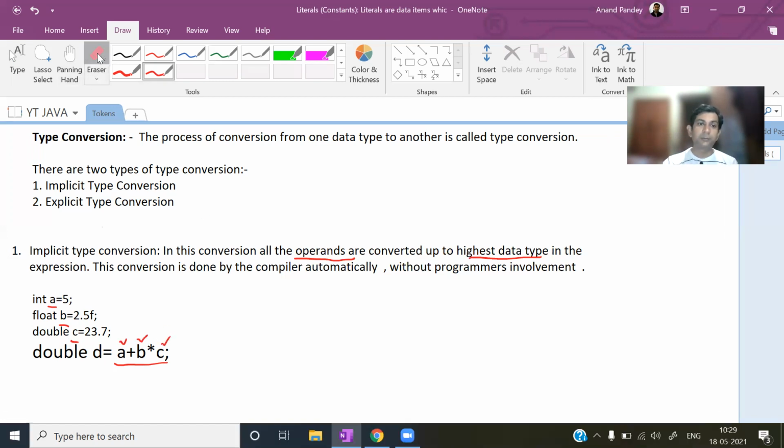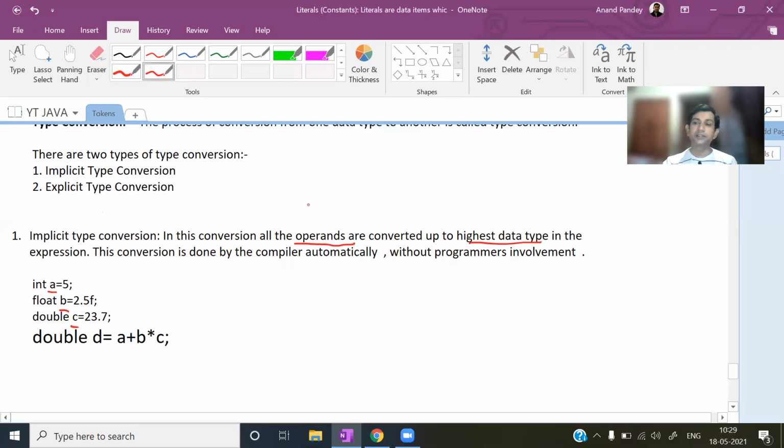And implicit type conversion is done as per operator precedence. Means it happens operator by operator, it follows operator precedence, not altogether. You have to remember the concept of operator precedence that I have taught in my previous video. You can see there is a video for operator precedence also.